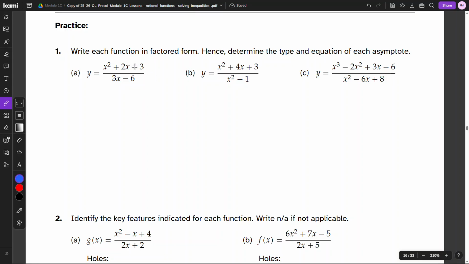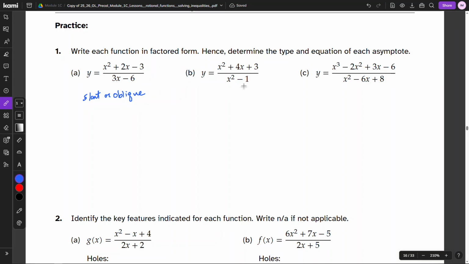All right. Technically, we don't need to write the factored form to determine the type in each, but it's good practice to get the factored form, right? Because technically we could come over here and say, hey, we're going to have a slant or oblique asymptote for the first one, and that's going to be because the numerator has a larger power than the denominator, right? We'd have to do work to figure out that slant or oblique asymptote, but we know it's going to be